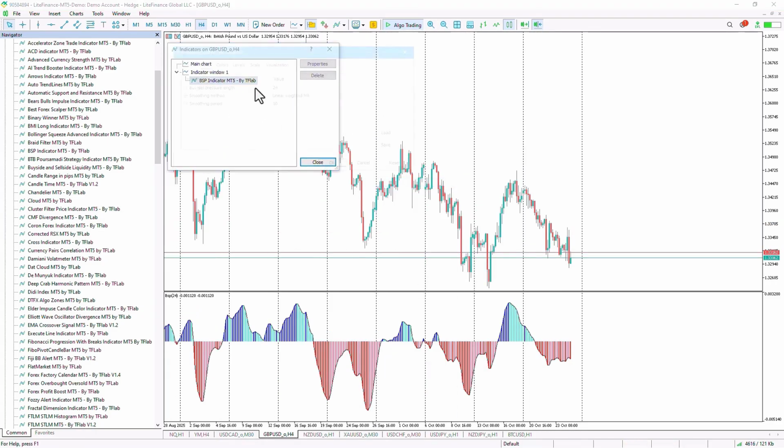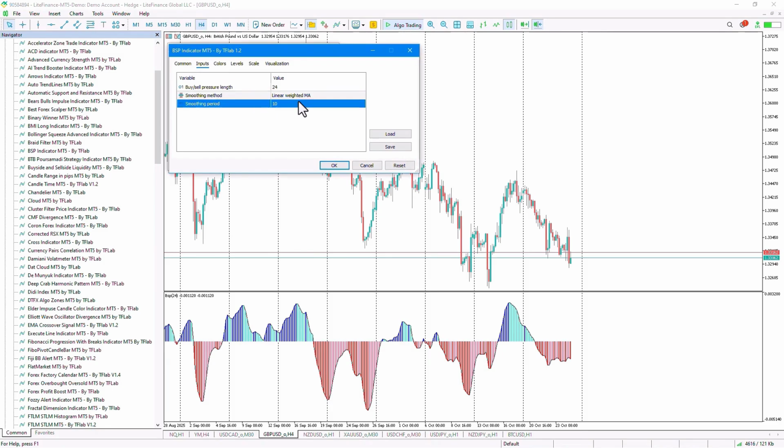In the settings section under the input tab, there are 3 parameters available. In the first input, you can set the calculation period length for the indicator. The higher you set this parameter, the more it filters out sudden price changes, and the indicator will display longer-term trends with a smoother line. In the next parameter, you can